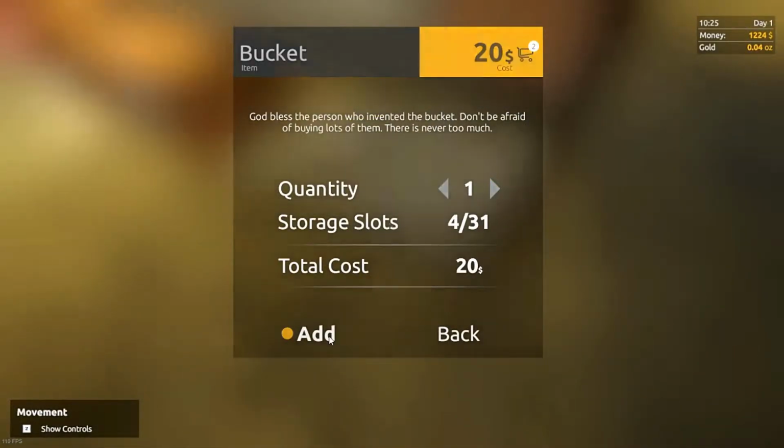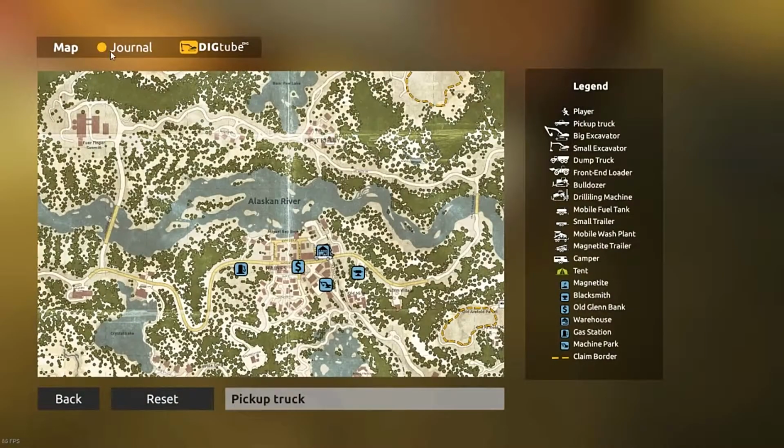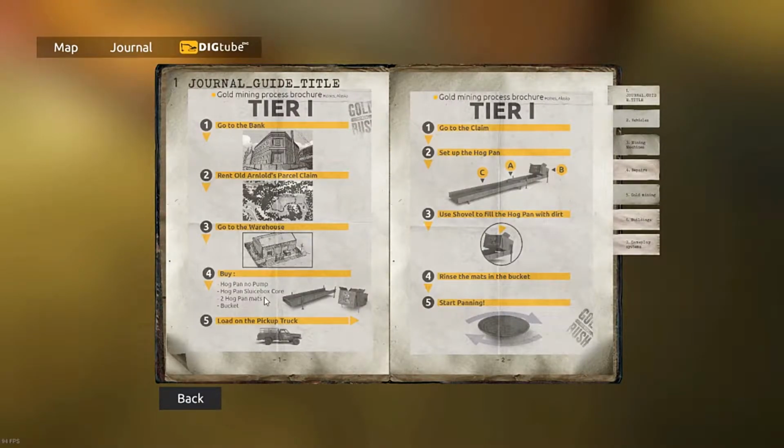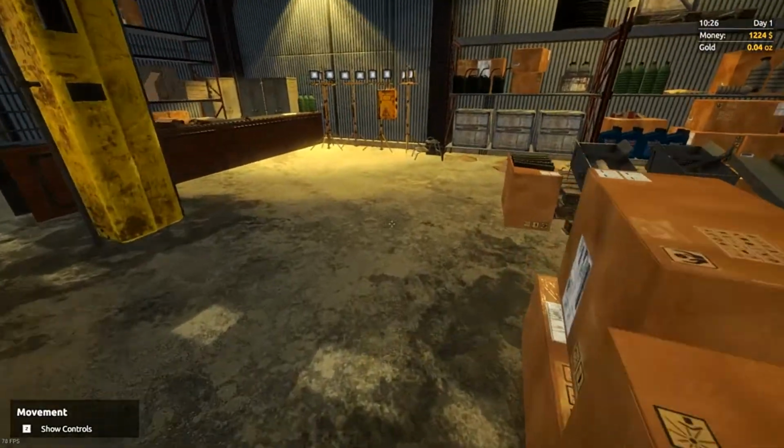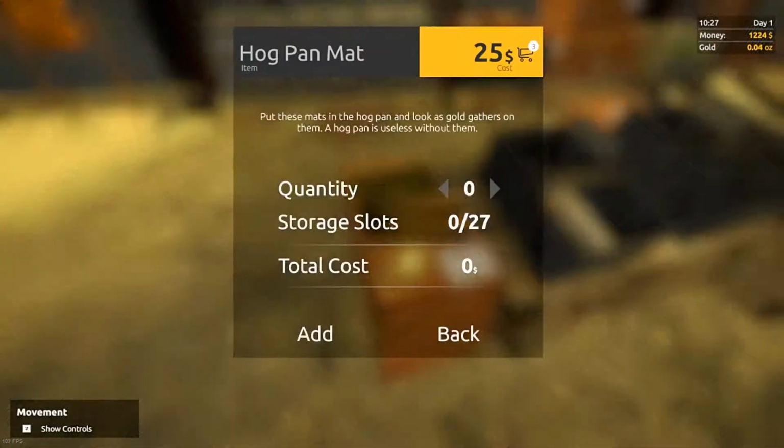quantity of 1, and what else does it say we need? So we got the hog pan, no pump, hog pan sluice box core, 2 hog pan mats, that's right. So 2 of these. Now,